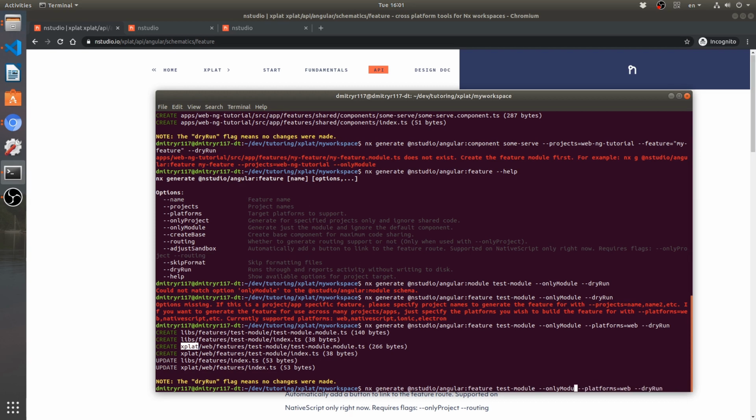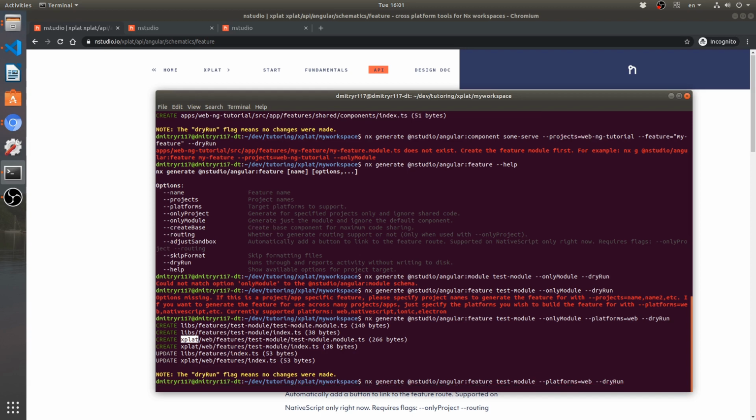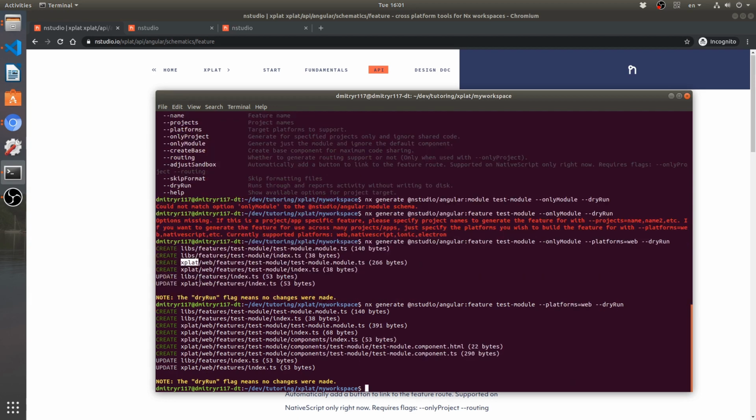Okay, let's try this now with another flag. Let's remove the only module and see what that will do. This time we should also get components by default. Yep. Here we also have components generated as well for the test module. Okay. Now let's put that thing back, and let's also try